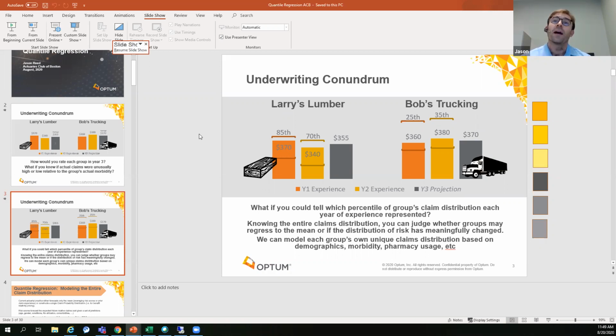A lot of modern day data mining techniques do a similar thing: they take a loss function and try to minimize it in order to come up with, say, the proper gradient boosting model. So you can get what are called quantile estimates out of these machine learning techniques, but